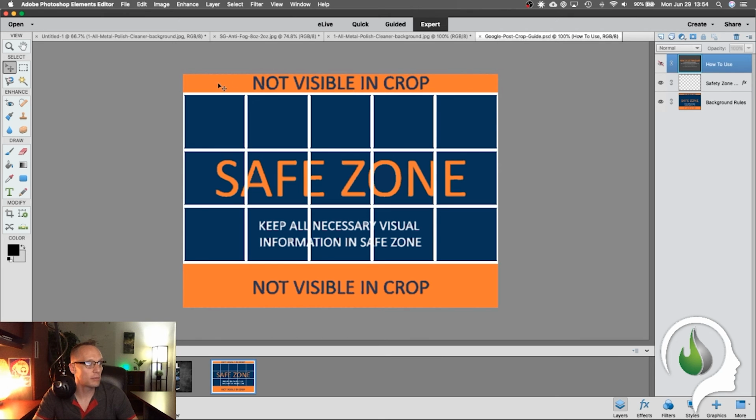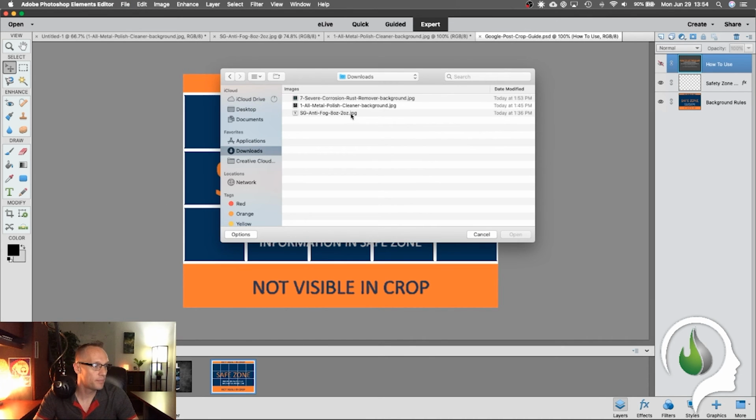So if your image comes above here or down below here, those portions of the image aren't going to show up. So this shows you the safe zone. Keep all necessary visual information in the safe zone. So what I'll normally do is open up the image that I just downloaded,